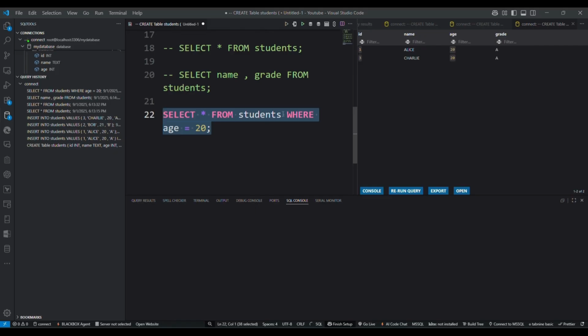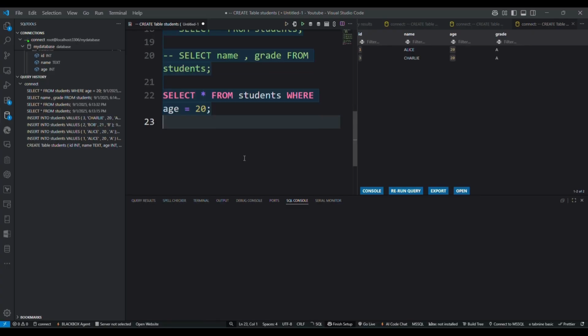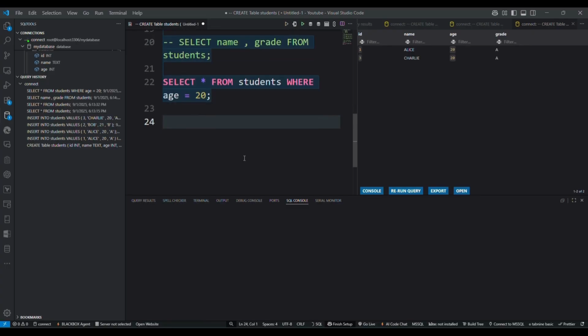This command will only give us the students who are 20 years old. The where clause is used to filter data based on conditions.